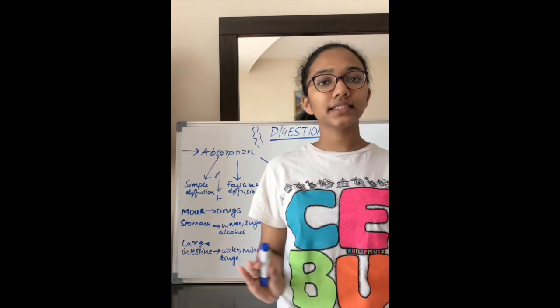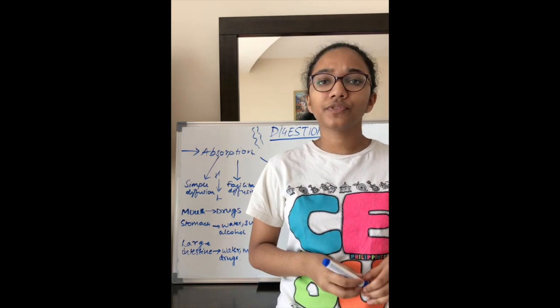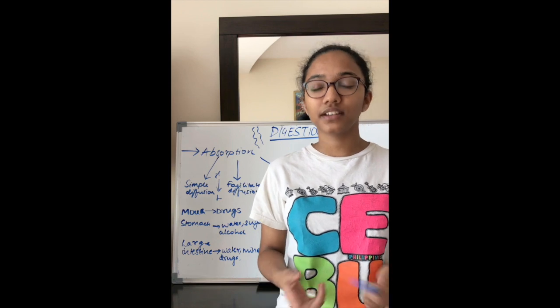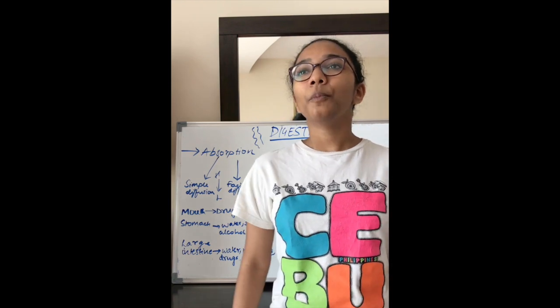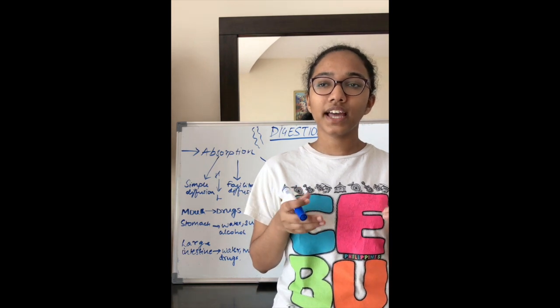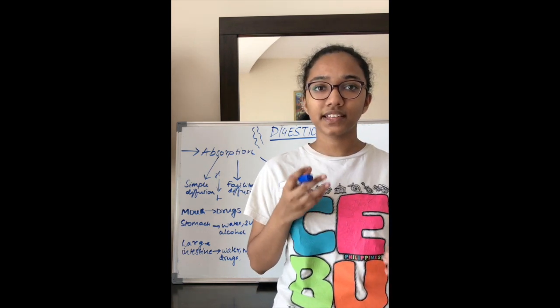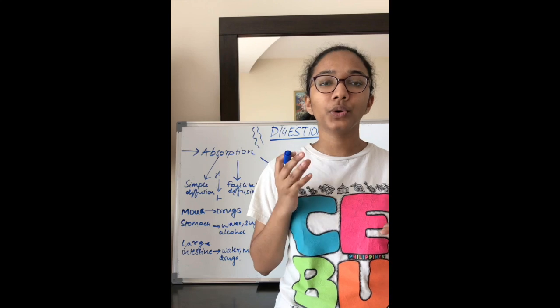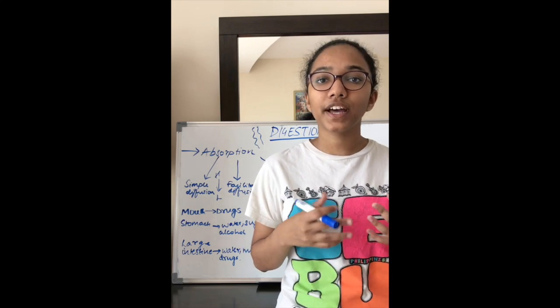Let's come to the last and I think the smallest part of the chapter, that is the diseases associated with the digestive system. Mostly these diseases are caused by organisms like helminths, etc., and hookworm, roundworm, which cause the inflammation of our intestine.